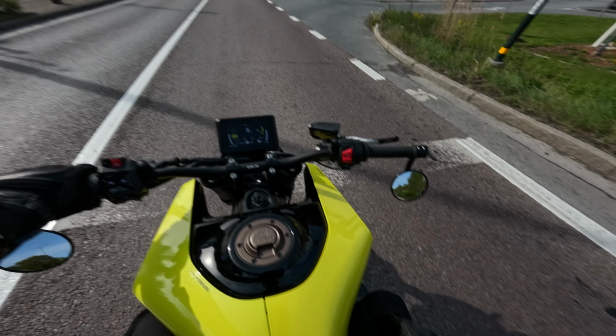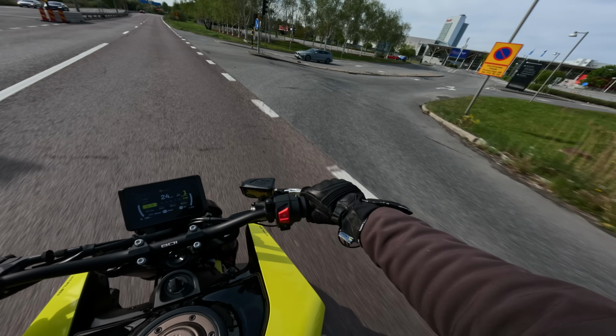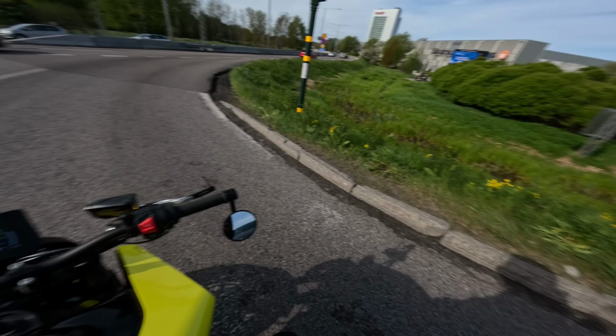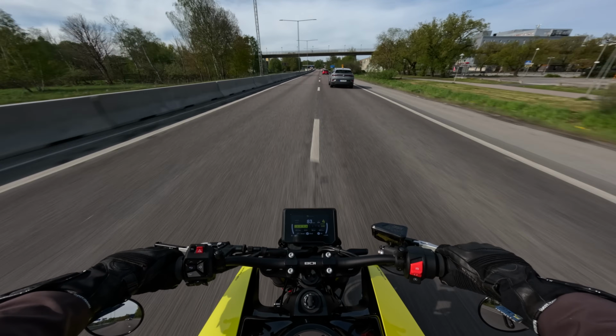What else do I have to say about this bike, other than it's beautiful? It's 105 horsepower, which is more than enough. And this is gonna make me sound like a badass biker, but I'm pretty used to horsepowers at this point. It doesn't really scare me anymore. But one thing that does scare me, though,